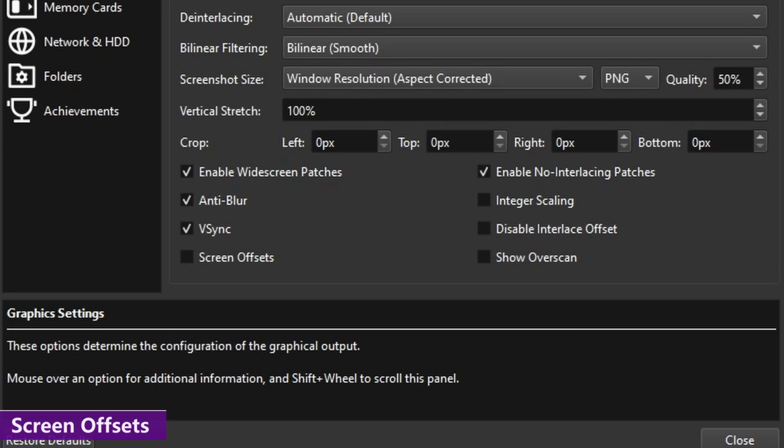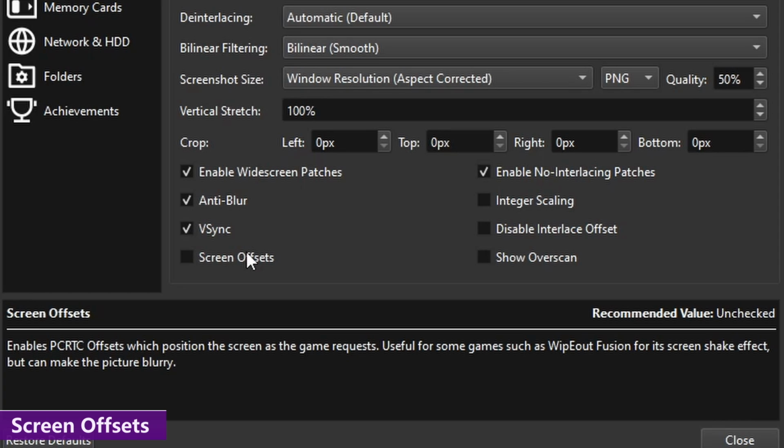So the light bulb went off. This game is using screen offsets. But this game only uses screen offsets for these particular effects when in 1080i mode, which isn't confusing at all. So not all screen offset issues are going to present themselves in the same way. And if screen offsets is messing with something, how it's messing with it depends on the implementation of that particular